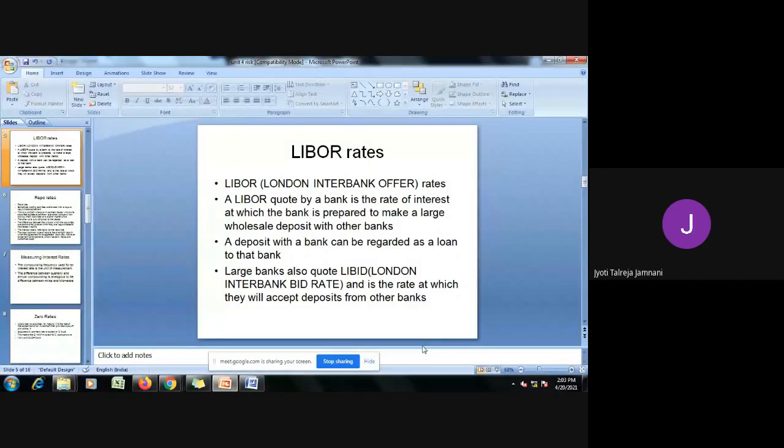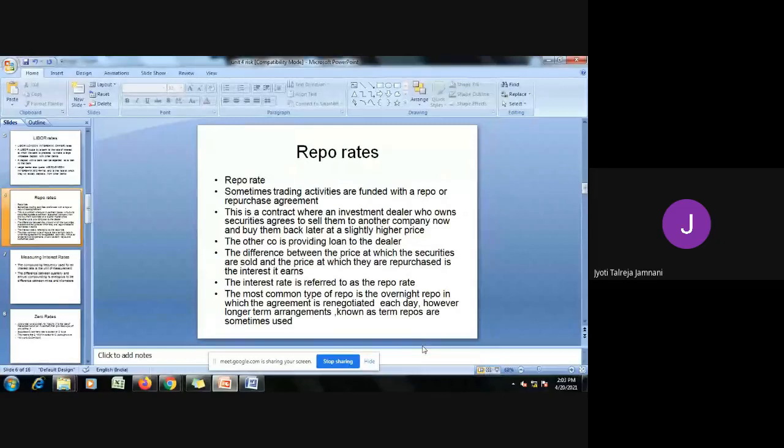So London Interbank Offer Rate is nothing but a rate where one bank can deposit a sum of money into another bank. In turn, the other bank will take it like a loan and pay interest from time to time. And usually these are done in the international markets. Okay, the next is